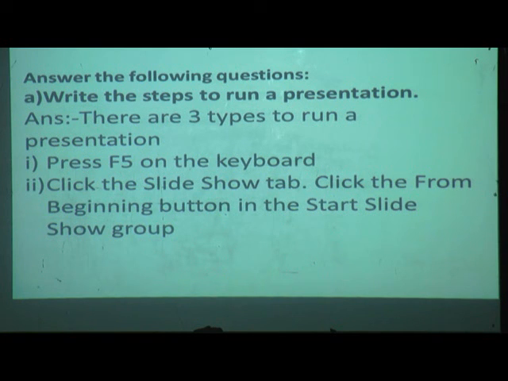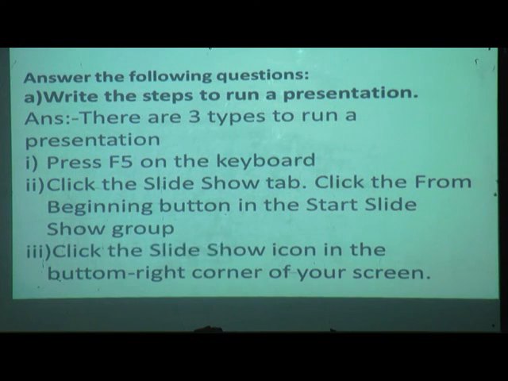Then click the from beginning button in the start slideshow group. And third option is click the slideshow icon in the bottom right corner of your screen.